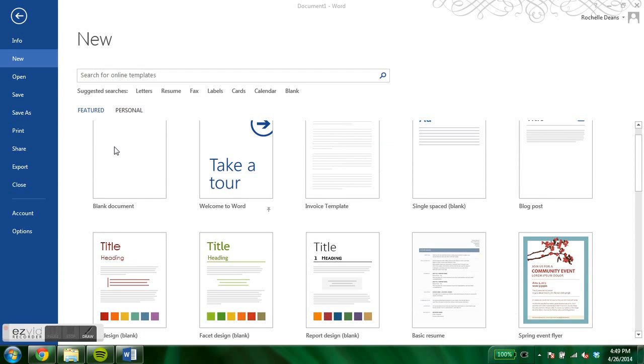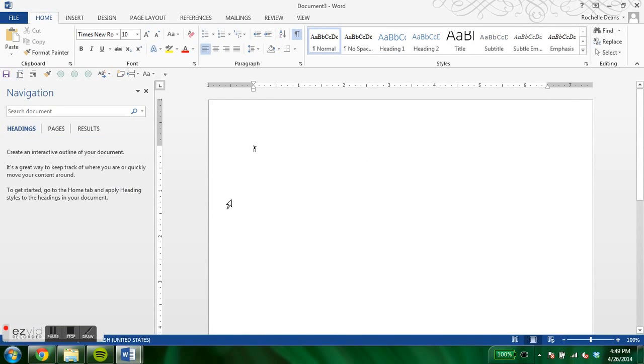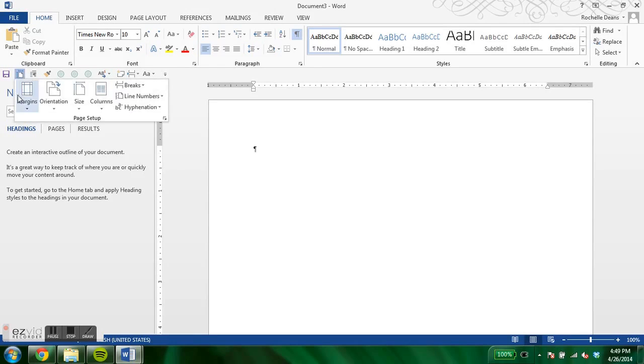Show you how to get a dissertation started, so that all the formatting is already in place when you go to actually type the text or to copy and paste it in. So the first thing I'm going to do is update the margins because, at least where